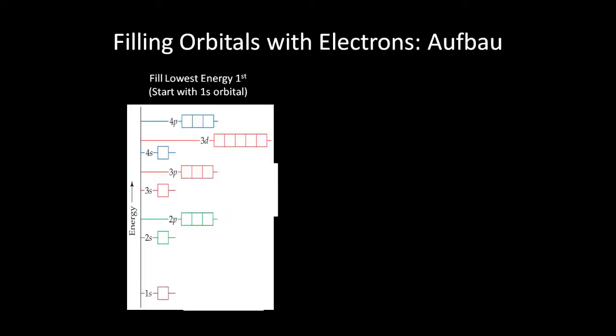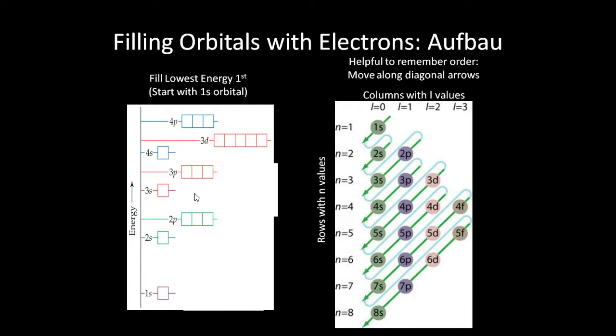So Aufbau says that you fill the lowest energy first. So going back to the orbital diagram, you see that you start filling in as we add electrons. 1 here, another 1 here, third one here, fourth one here, 5th, 6th, 7th, 8th, 9th, 10th, and so on and so forth. And so this right here actually is a helpful thing to be able to draw. So if you spend some time drawing this, because this tells you the order that electrons are filled in any given